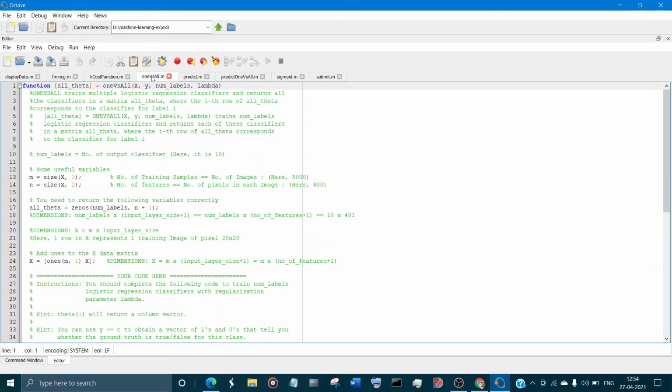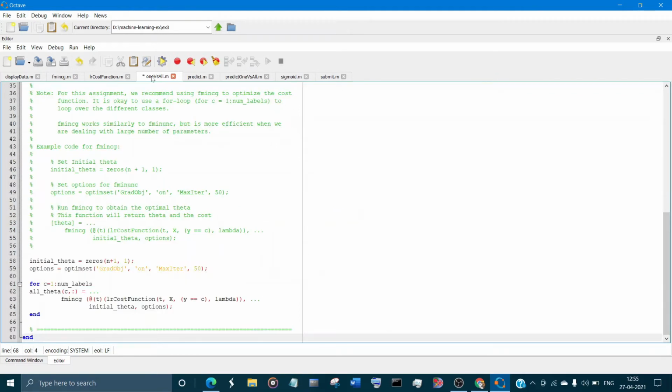Now do the same process again. After pasting that code, again press Ctrl+S.